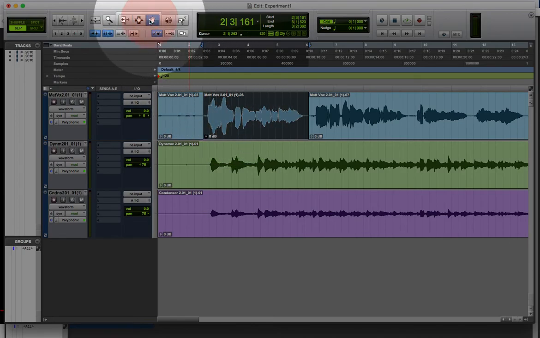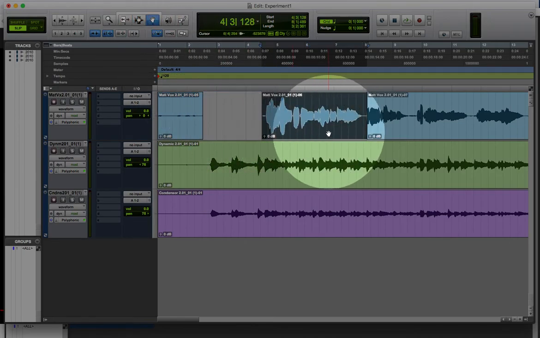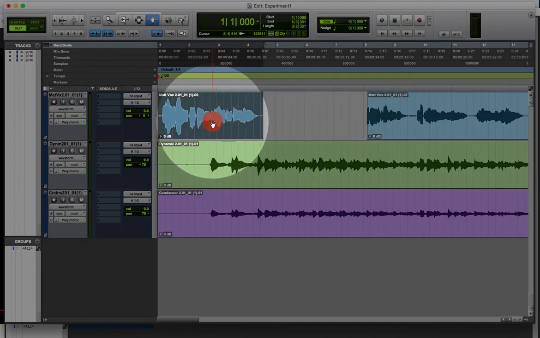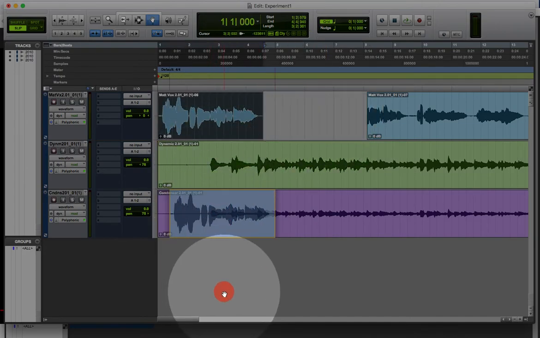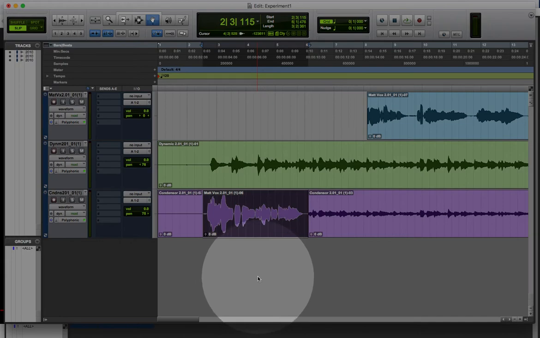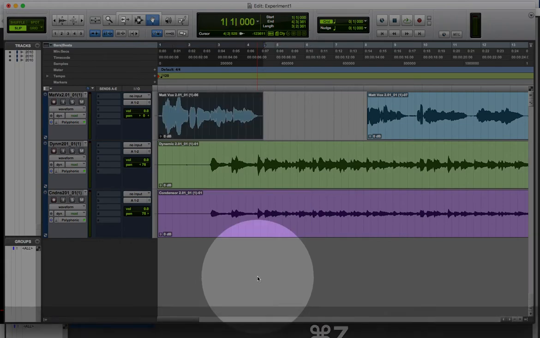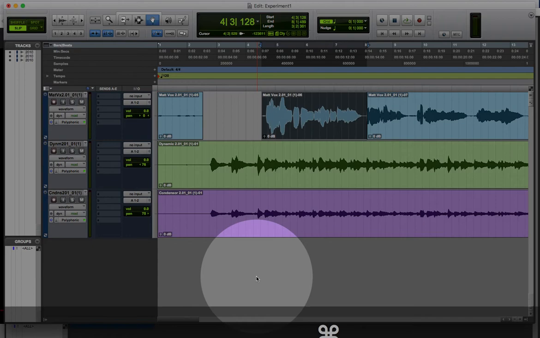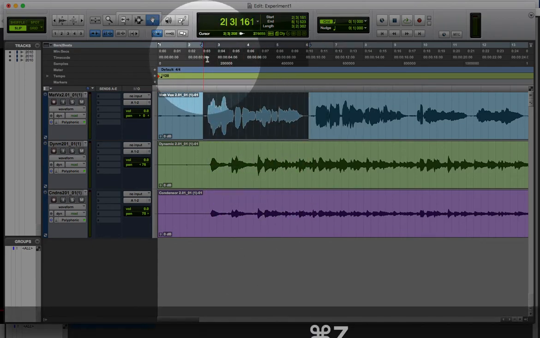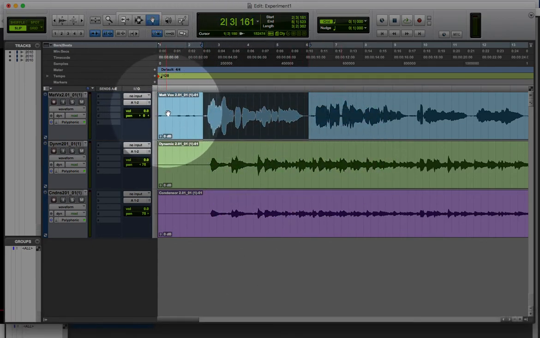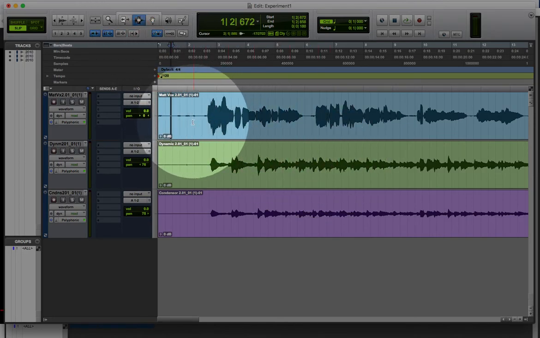Now that part is separate. I'll come up to my grabber, and now I can move this wherever I want. Notice it's just the one part that's moving. I can actually drag it all the way down here to another track if I wanted to. Again, Command Z removes it, undoes it, all the way back to having no change whatsoever in whatever I've done. Notice there's no split. So you have this Smart Tool that lets you have them all by where you place your mouse,